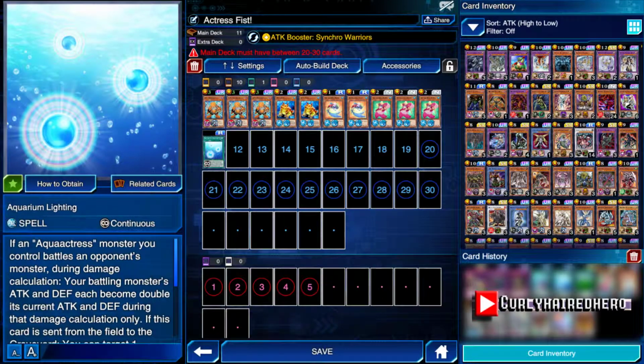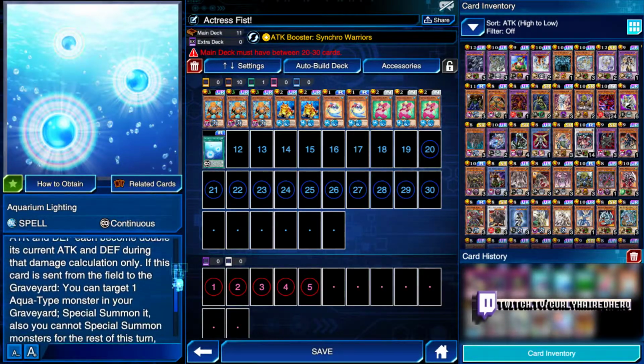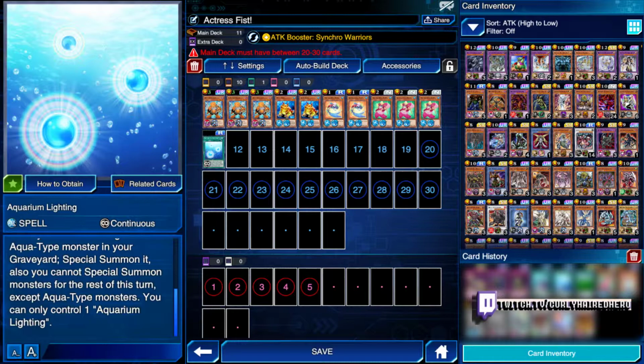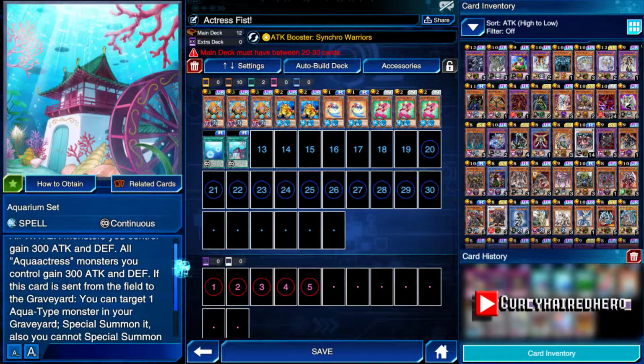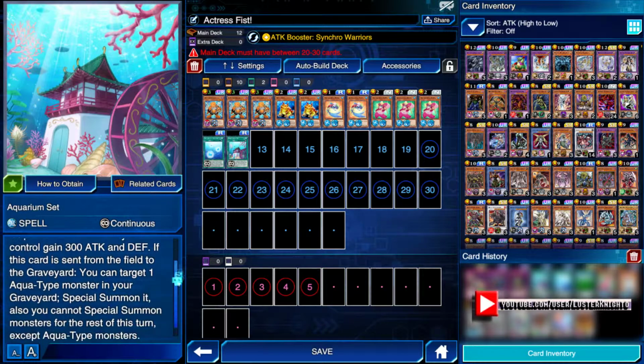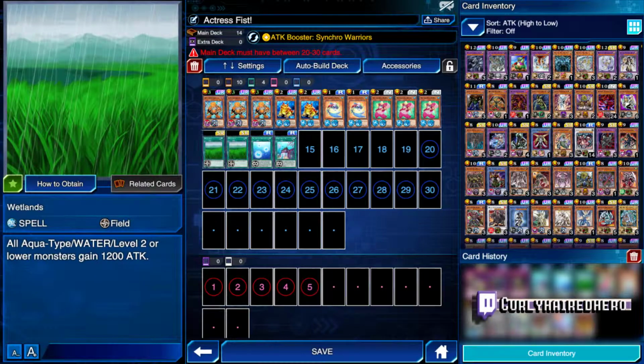1 copy of Aquarium Lightning. This doubles the attack and defense of your Aqua Actress monsters. Also, when it's destroyed, you can special summon an Aqua Actress, which is nice. 1 copy of Aquarium Set, which gives all of your water monsters 300 attack, as well as gives your Aqua Actresses an extra 300 attack. So they get 600 attack when on the field, and when it's destroyed, you can special summon an Aqua monster, which is nice. 3 copies of Wetlands, which boost the attack of all Aqua Water level 2 or lower monsters by 1200,